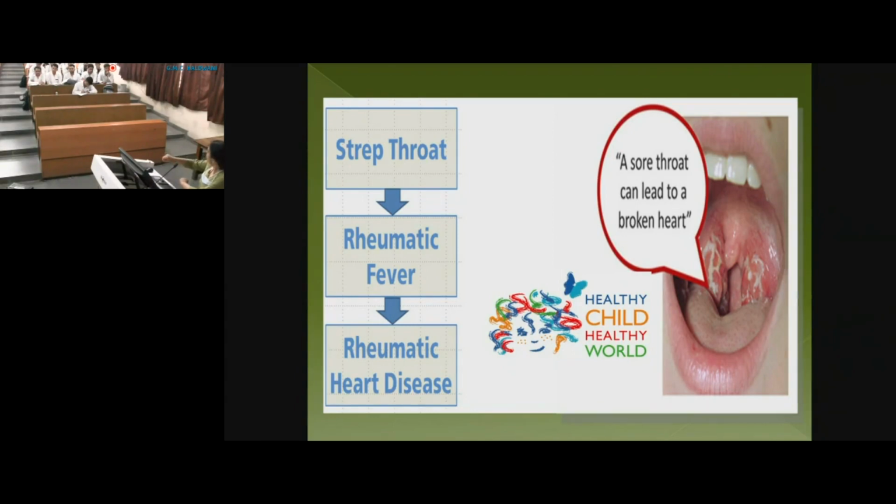You just take a throat swab and do a streptococcal antigen test. It's not available everywhere, only in some places. That will also help you identify. Or throat culture can help you identify. But if you find that a child has follicles and only involvement of the throat, no running nose, no watering, no myalgia, and lymph nodes, it's more likely to be streptococcal. In that case, what drug would you like to give? We prefer penicillins, amoxicillin or penicillin. That is the drug of choice. You give that, and you are probably preventing rheumatic fever or rheumatic heart disease.